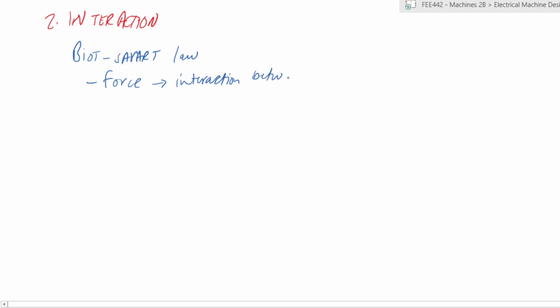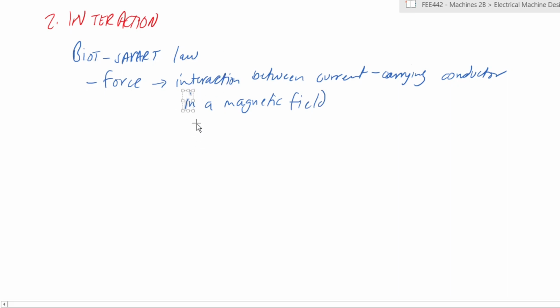between a current carrying conductor and a magnetic, or we can say in a magnetic field. Actually, we still have to say in and, because it is the interaction between the two of them. So let's talk of and, right? So that force is described in the equation